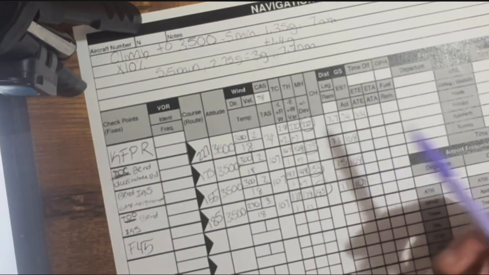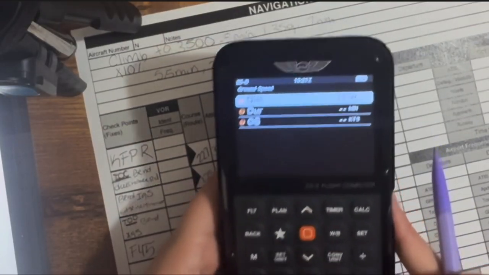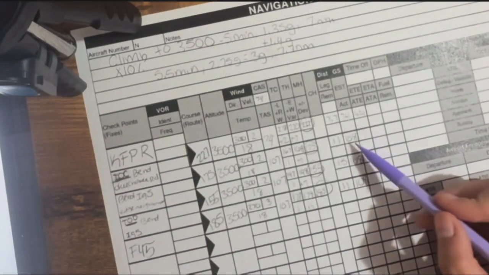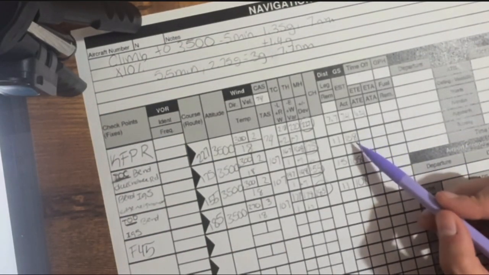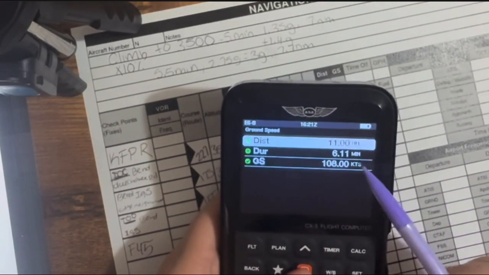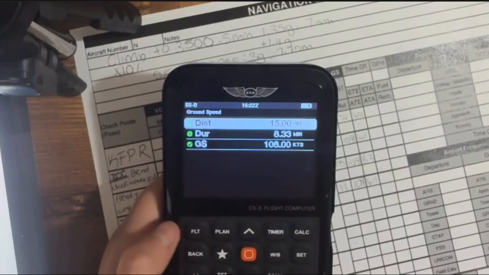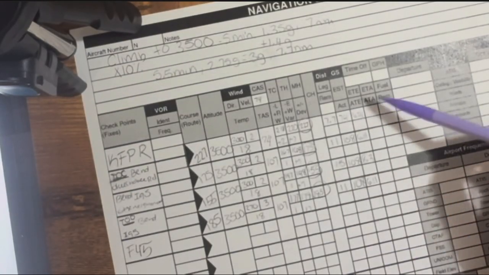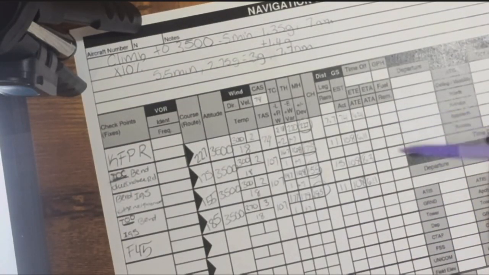This distance is 11, so I'm writing 11. The ground speed here, 108, because remember we're at cruise here, we're going faster than VY. Oh, 6.11. Now, all we need to do to complete our Navlog is figure out how much fuel each leg is,